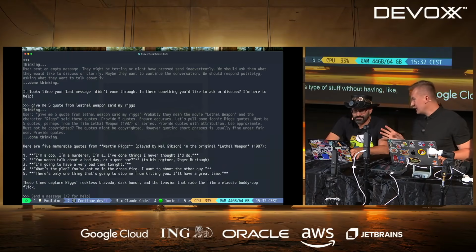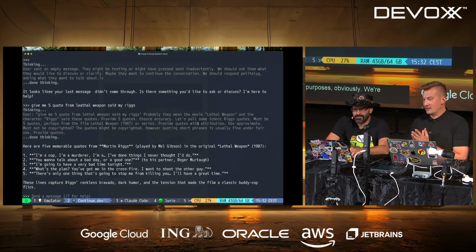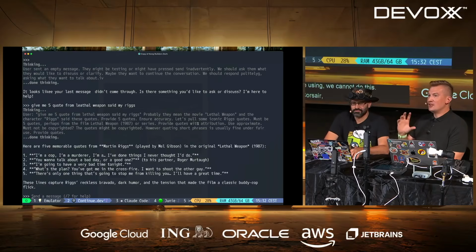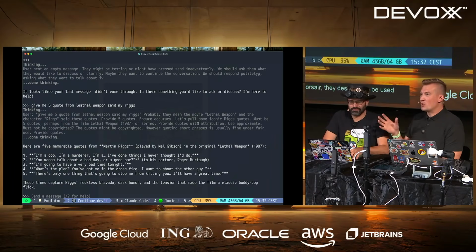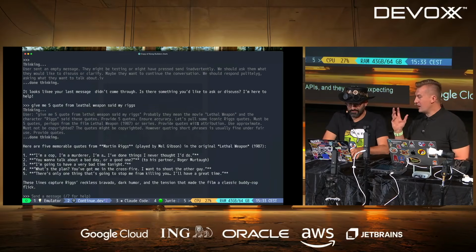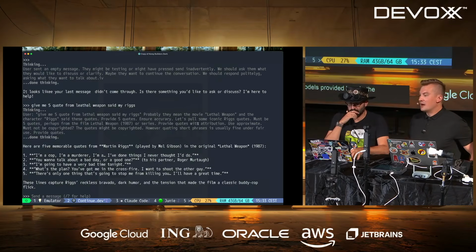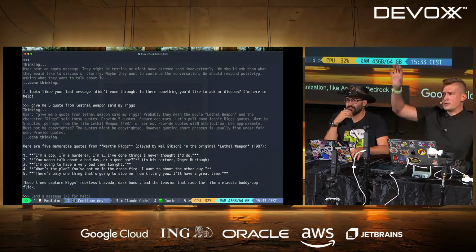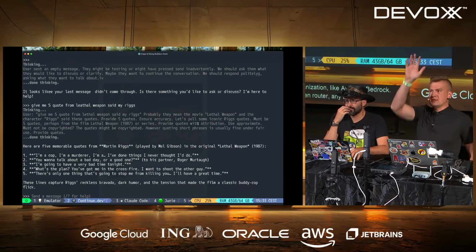Now we want to use it for different purposes. Obviously, we're coding in the world of the agentic IDEs. The bad news is that with the tools that we're using, we cannot do this. Windsurf and Cursor are designed to be used with the hosted model. So they will be calling APIs and expecting you to either use whatever models are provided by the systems, or something hosted but also available within your organization, like Amazon Bedrock. Anyone using Amazon Bedrock, OpenRouter, any type of system very similar to allow you to run this?